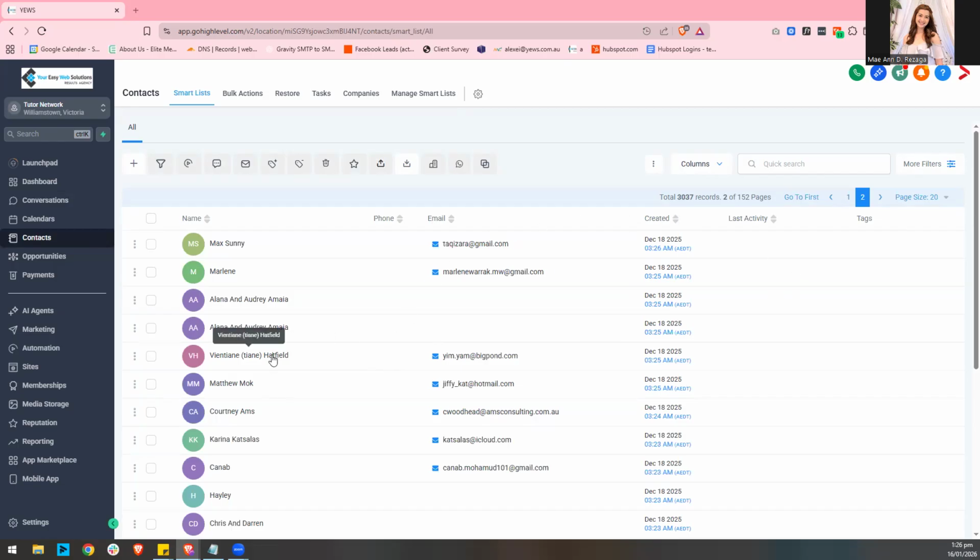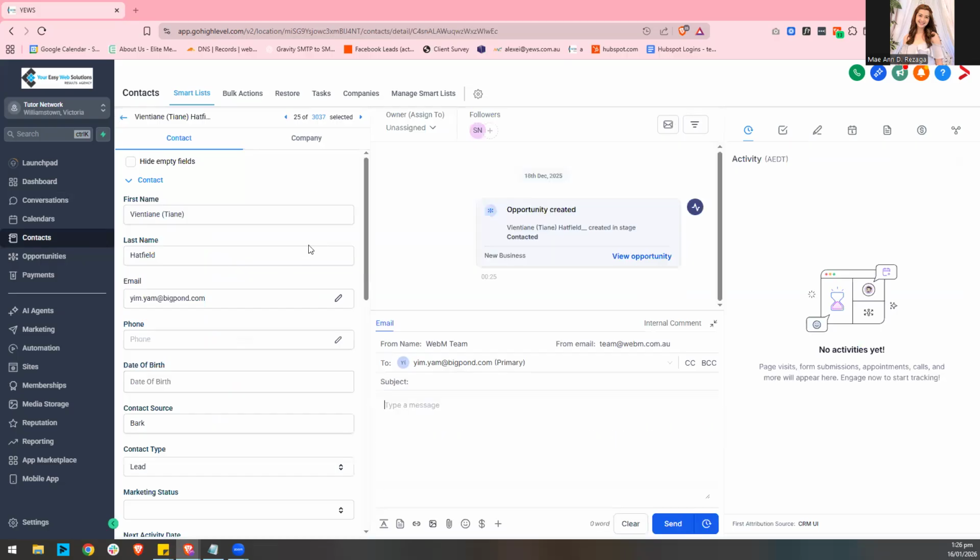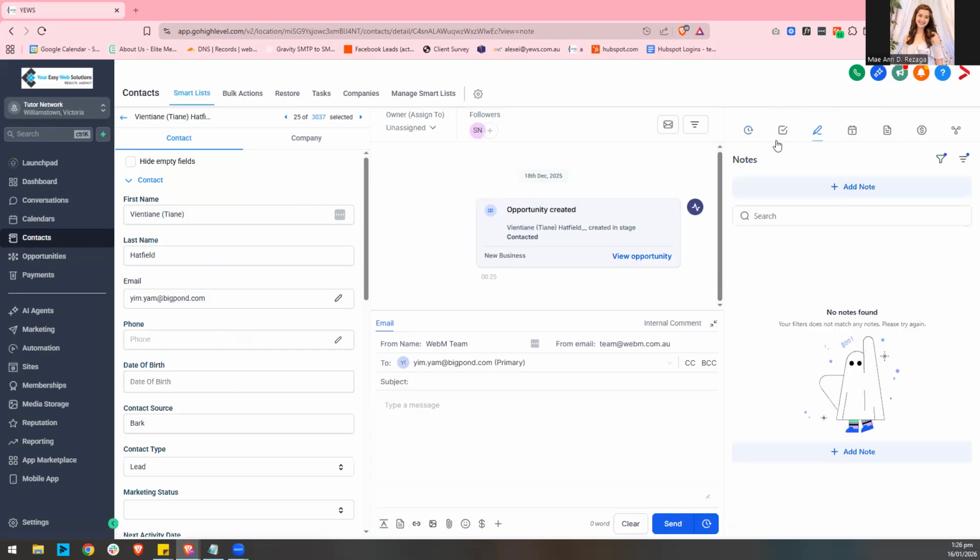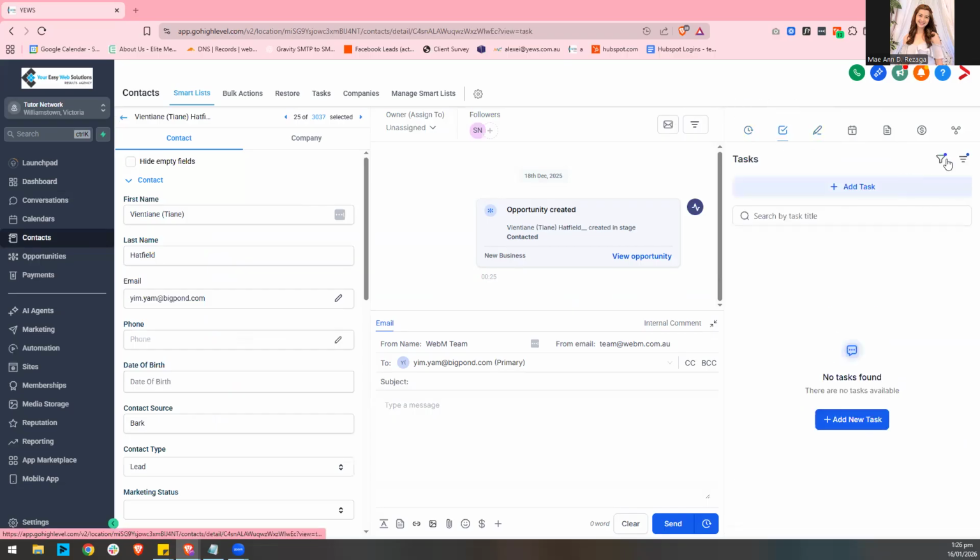And let's click a sample contact. You can also see the communication history, notes, tasks, and any automation activity related to that contact all in one place.